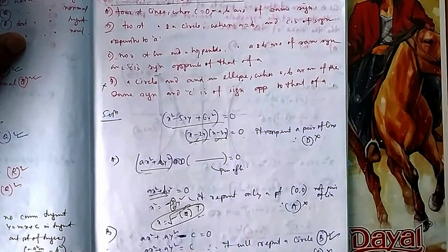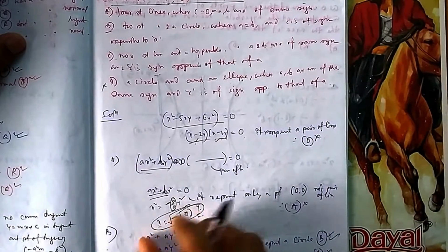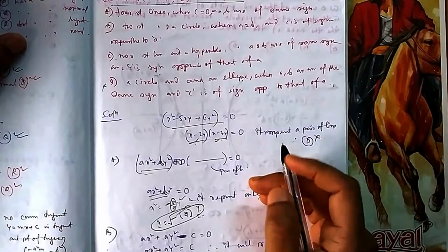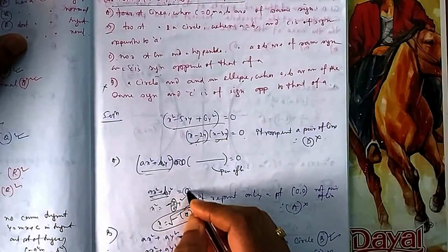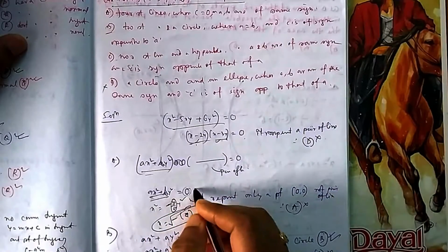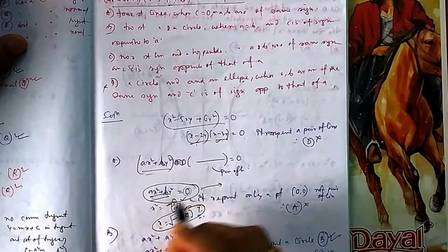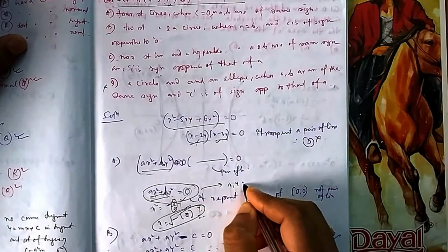Okay, if it doesn't represent a straight line, you cannot find a linear relation of x and y, so it is not a straight line. And you can see it is not a parabola, ellipse, whatever, hyperbola, because everywhere it was 1. Not a parabola also. In a parabola, 1 square 1 is there. So it is simply representing only a point, nothing else. This equation is satisfied only when x and y are 0.